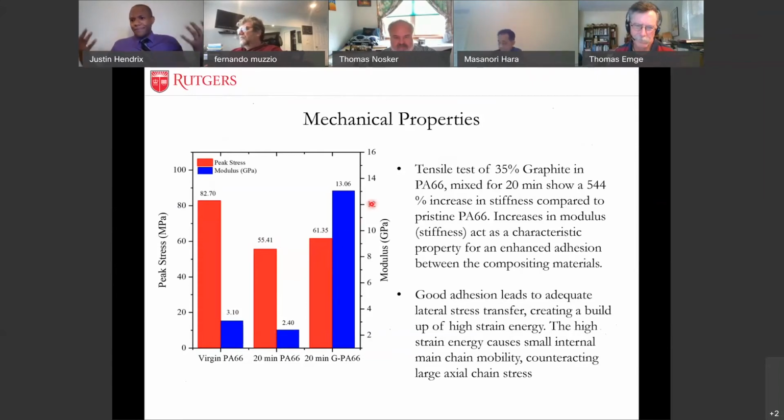So it's about almost a 600% increase in modulus. This provides clues that the polymer has an intimate contact with the graphene that's created, as well as the fact that we have a good stress transfer between the materials. And if we recall from the literature review, this speaks to the type of covalent bonding that we're forming, leading to our increase in